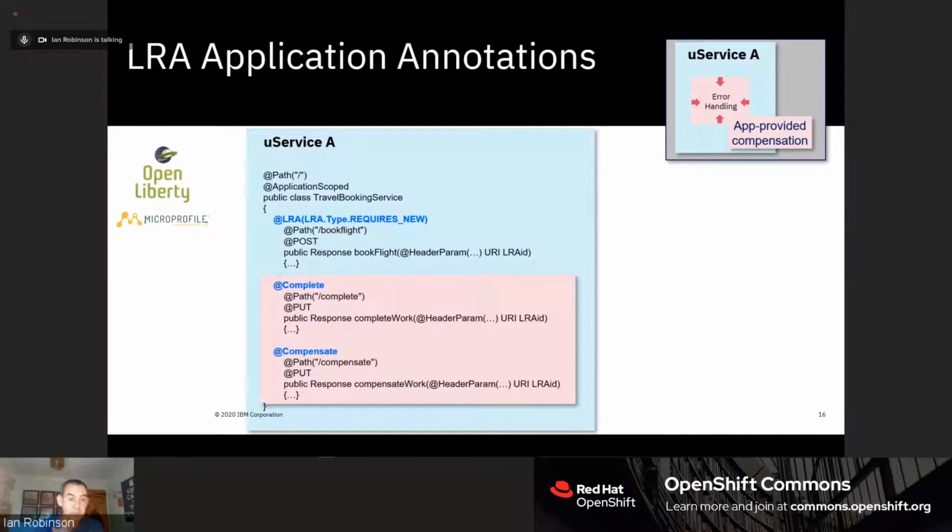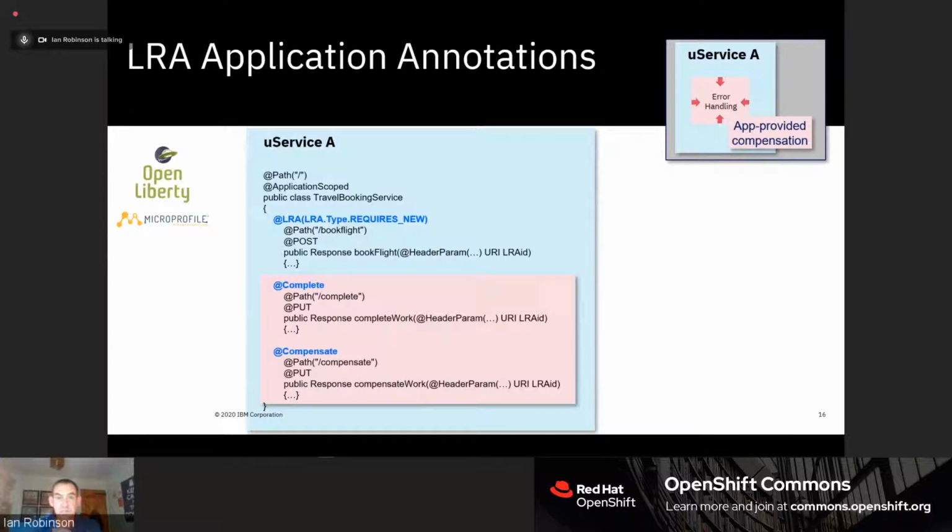The first of all is that the book flight method is annotated with an @LRA annotation. Really, what that is saying is that before this method is dispatched on the application, the infrastructure in which the application is running should establish an LRA, or in some cases you may choose to join an existing one. This application is specifically starting or requesting that a new LRA be created.